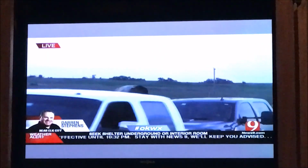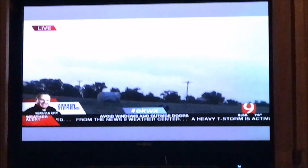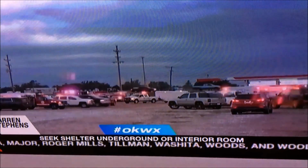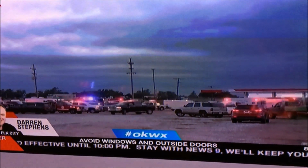From that tank that's right there, and then back behind me, back towards Elk City, there's a manufactured home with an outbuilding that's been, the outbuilding is completely destroyed, and the roof has been ripped off the manufactured home. But that's it. That's between a quarter and a half a mile wide right here. And that stretches all the way back to the Elk City Reservoir, back to my southwest. But they just keep pushing the perimeter back to try to keep people out. And the area that we're at, again, is the command center for...